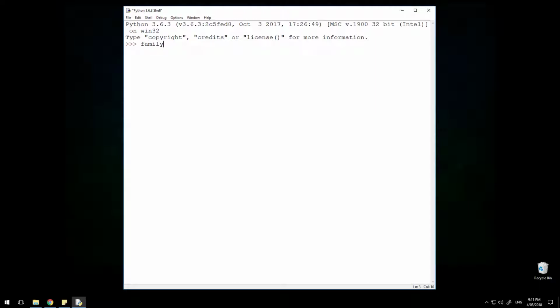Say we want to have a list of family members. We'll just call it family, and the way you create a list is within square brackets, and you separate each item with a comma. So let's say Harry, Tom, Sam, Tina. That's our family list. So once you press enter, you have a list of family which has all the 4